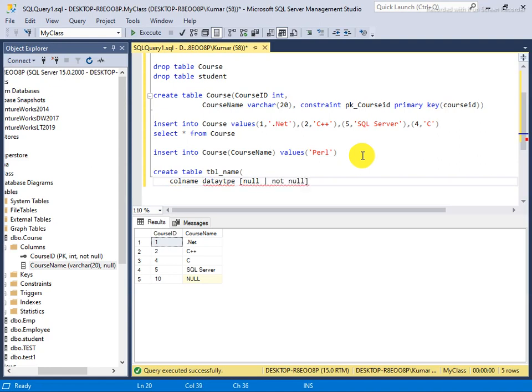If I'm writing anything in square brackets, it's optional. So if you are not supplying anything, it's not applying anything, then by default it's a null value. Okay, the first value is there, it always exists.